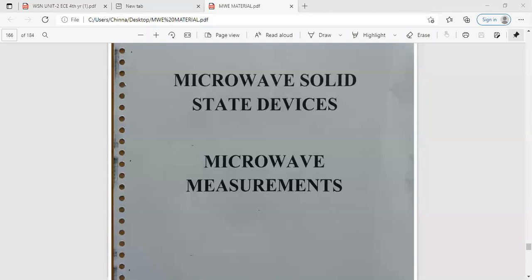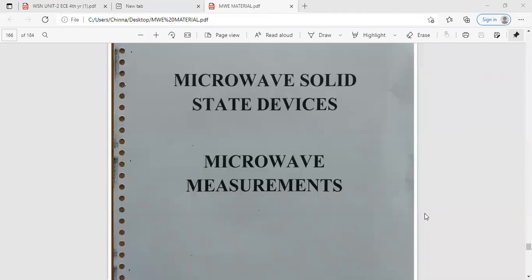We discussed the wireless sensor networks. We discussed the Faraday devices, circulator, gyrator, and isolator, and also saw the applications of the circulator and the different types of directional couplers. That is the microwave junctions and microwave components that come under the fifth unit. Another unit, the sixth unit, is microwave solid state devices and microwave measurements.